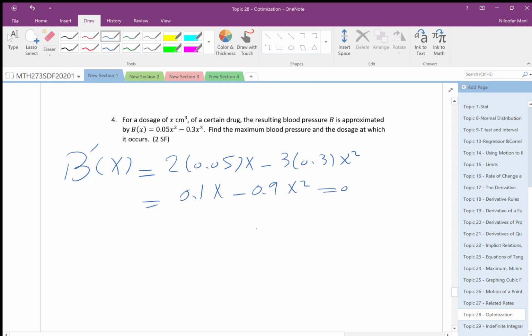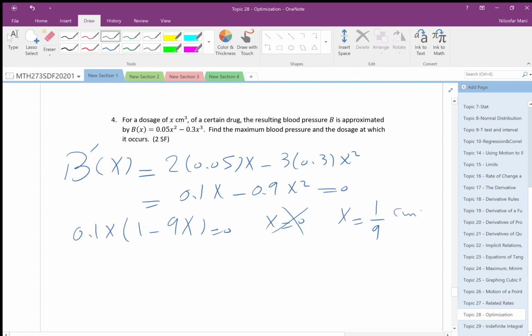And then I put equal 0, and then I have x times this times 1 minus 9x equals 0, right? Okay, so x equals 0, which is not acceptable, and x equals 1 over 9